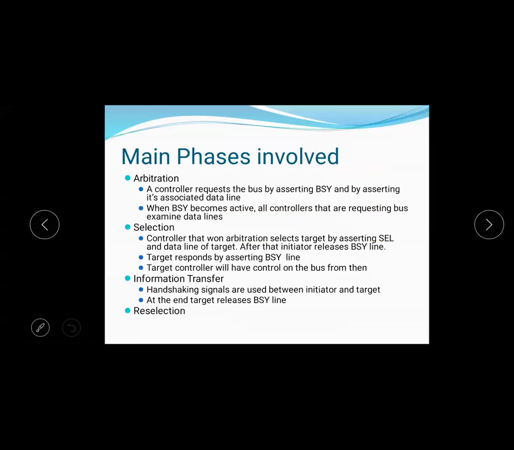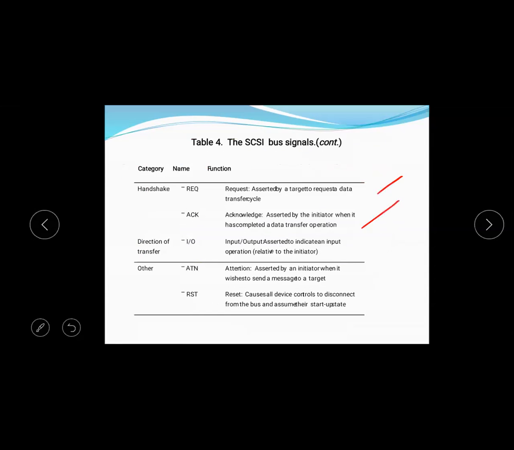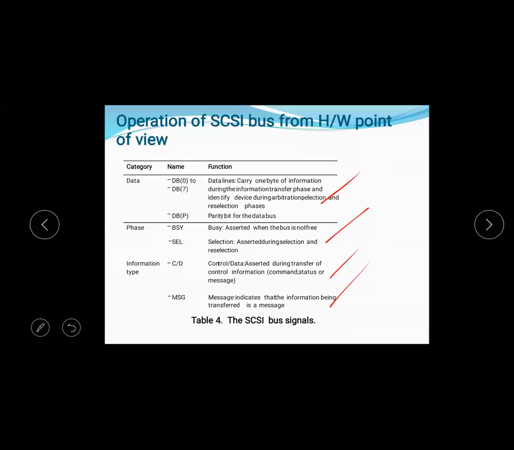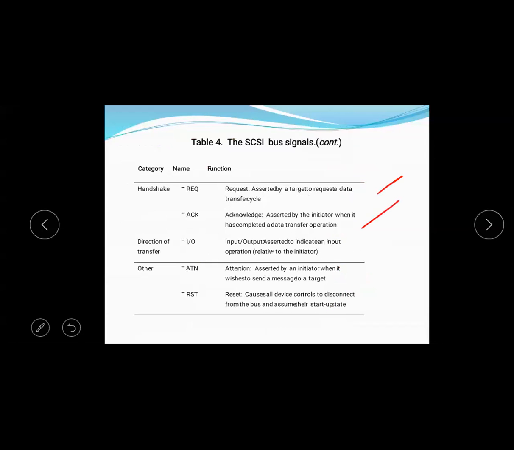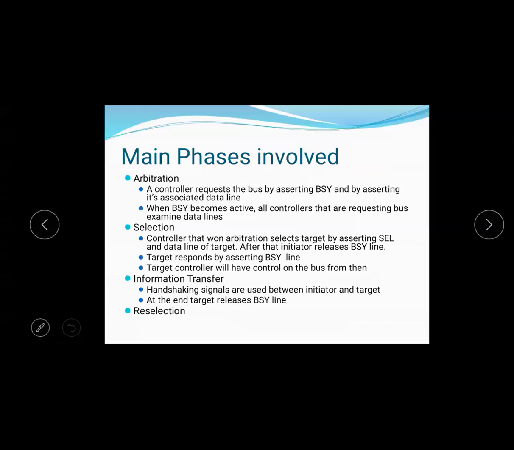Arbitration: a controller requests the bus by asserting BSY, busy, and by asserting its associated data line. When busy becomes active, all controllers that are requesting the bus examine the data lines. Selection: the controller that won arbitration selects the target by asserting SEL and the data line of the target. After that, the initiator releases the busy line.